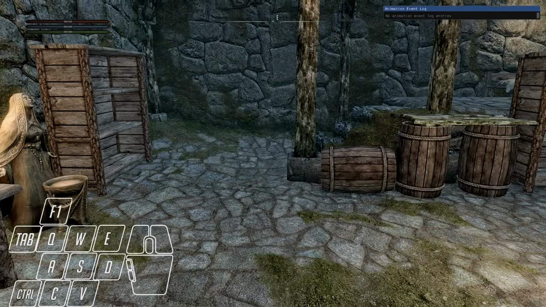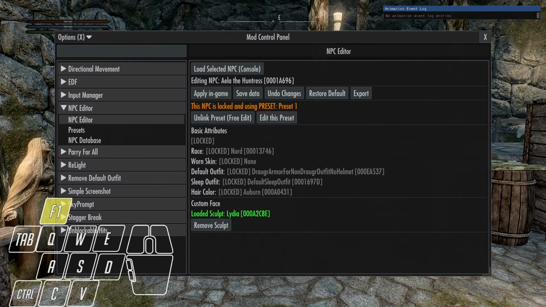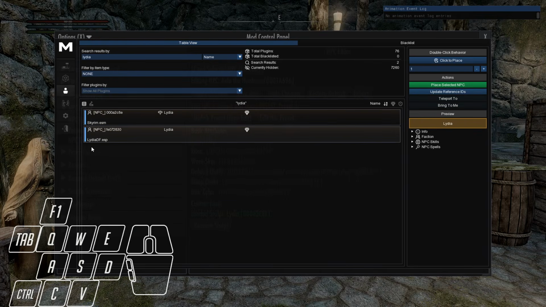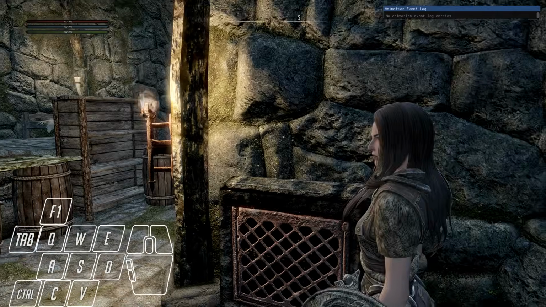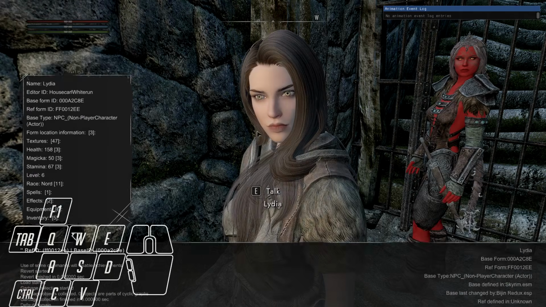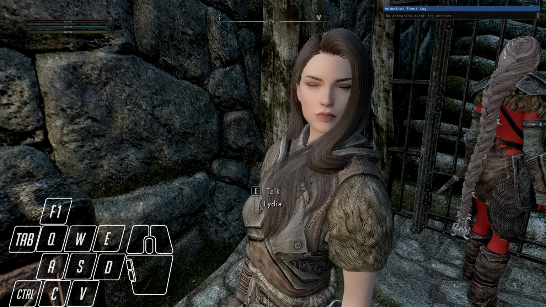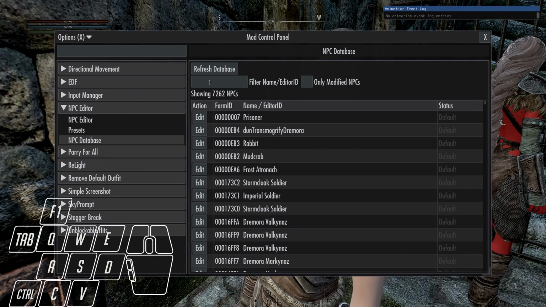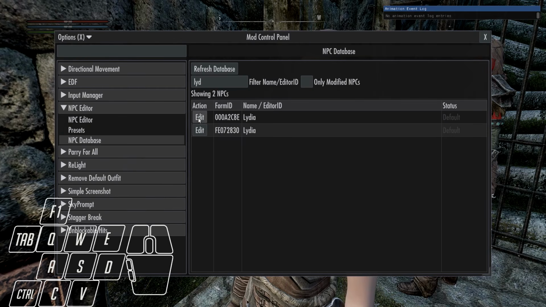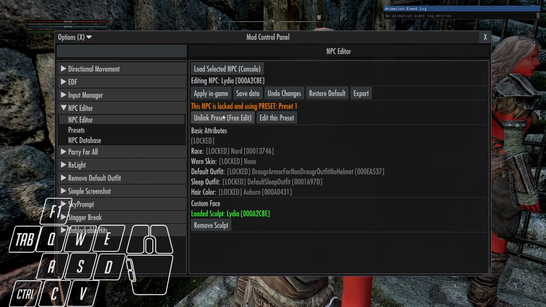So now I have this NPC that I did, it's done, it's working, I did a preset. If I want the preset to be applied on another NPC, let's say for example, I'm just gonna spawn Lydia here, this one, and I don't really need to spawn the NPC. You can use the NPC database, but the database, let's say here, I'm just gonna do Lydia, and if I edit this Lydia, browse presets, apply the preset,